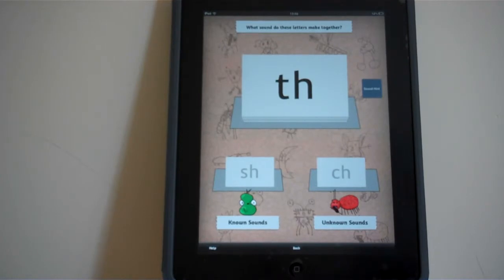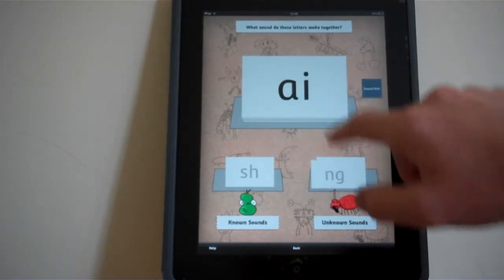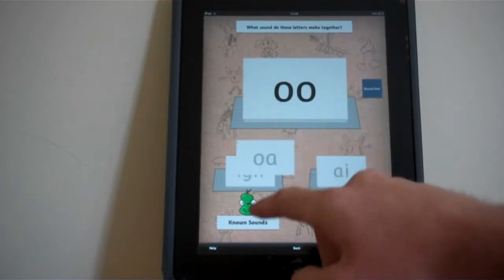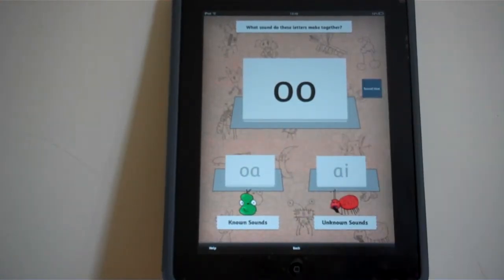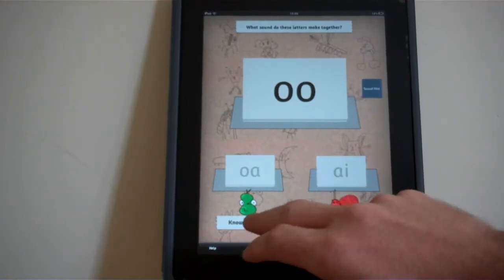For two of the sounds in this activity and in the app, there are two different phrasings for them. These include the one on screen at the moment, and if you touch the sound hint button twice, it will give you the different phrasings. Now it doesn't matter which order the child learns these in, but they must learn both of them through the app. So we continue to sort, and the second one with two phrasings is here. And we continue to sort,